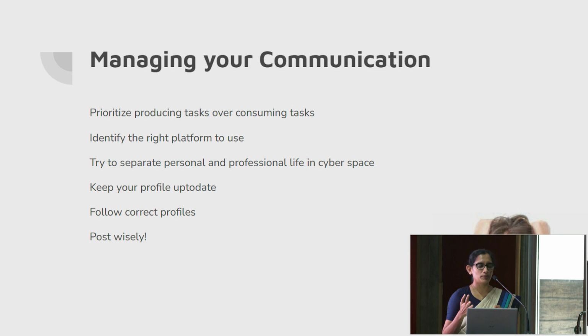There are some people who tweet or post everything, as if they think that others live to read what they are posting, right? So you have to be careful when you decide who to follow because the information you get depends on who you follow in the network. If you follow the correct people, you get the correct updates, right? And the other one is keep your profiles up to date, because sometimes there are headhunters out there, there are researchers who are looking at other people's work. If you keep your profiles up to date, you may get better opportunities.